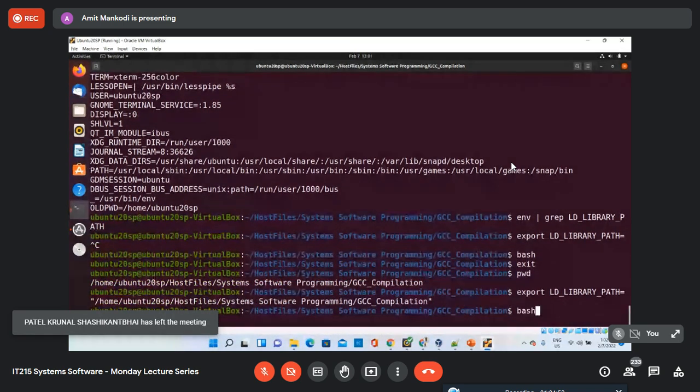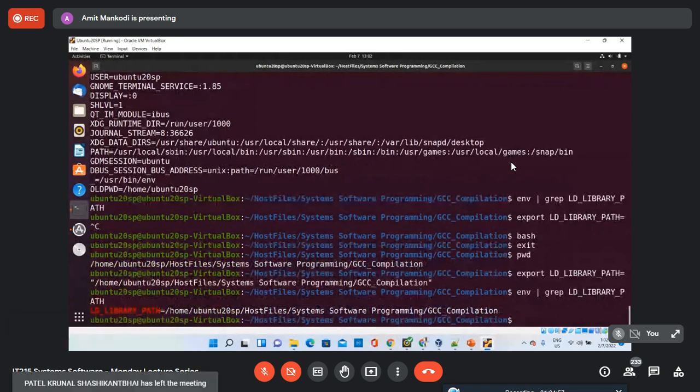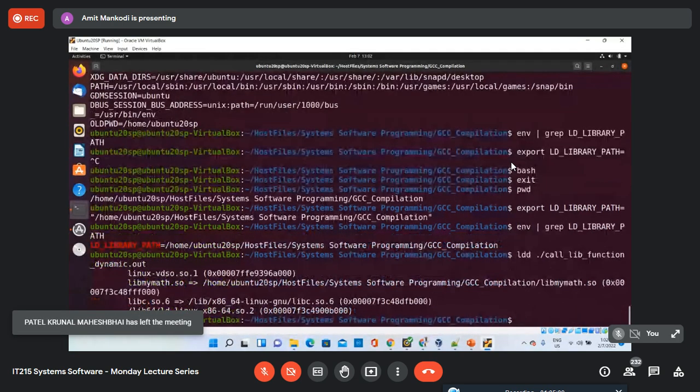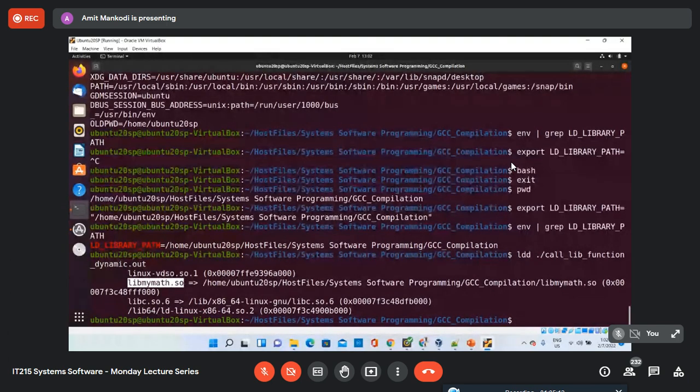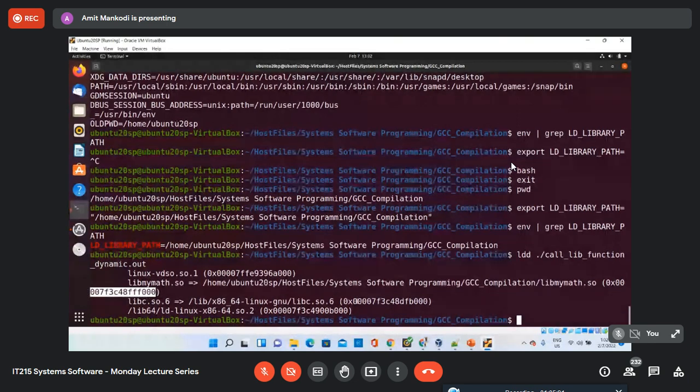Now if I run that env command, I should be able to find the environment variable. Okay, and now if I do ldd, you see that the operating system tells me that yes, it is able to find this library at this location and it is available at this memory.